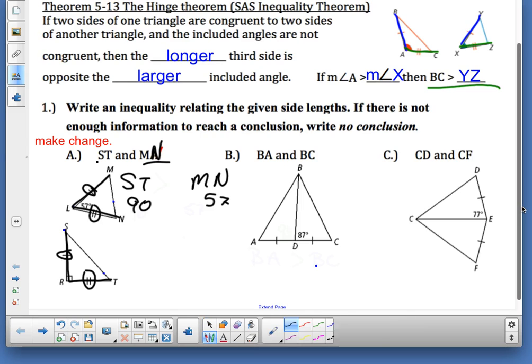So now we're looking at this, and the alligator eats the bigger side, right? Are you okay with this? I got greater than. ST is greater than MN. Are there any questions how I make that determination or how I came about it? It's a use of hinge theorem. So don't come unhinged. Okay? Thanks for paying attention.